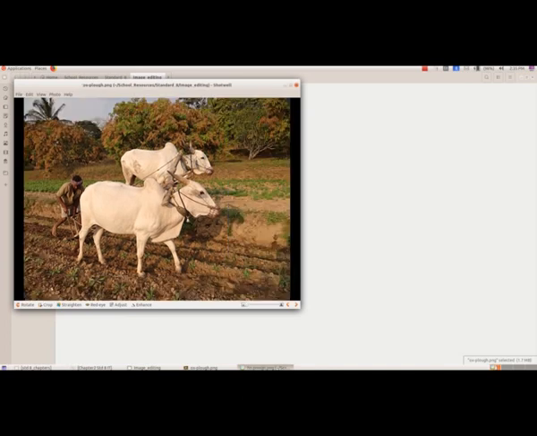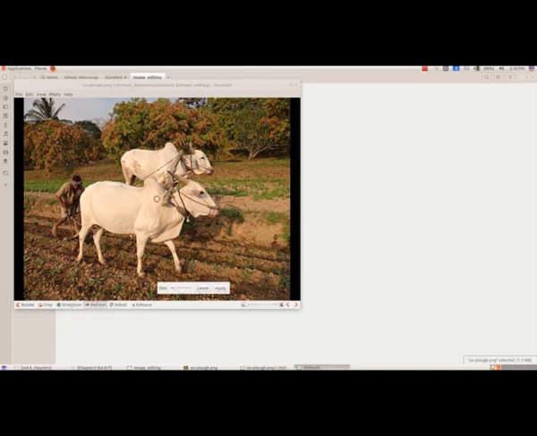And then I told you about the red eye, isn't it? Here we'll see. Here, did you get this circle here? So that is the red eye. I am dragging this circle here.